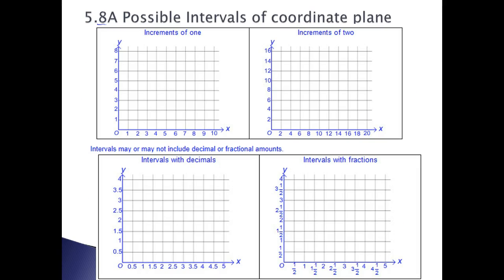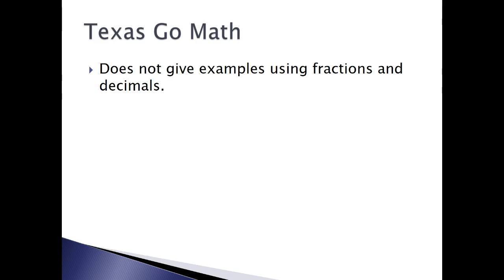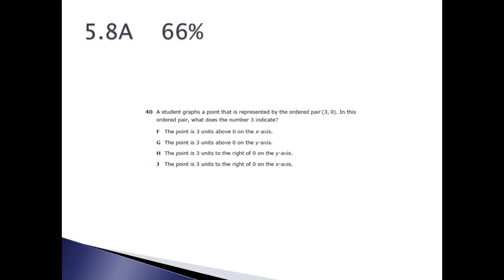Now, 5.8 could be in different increments. It could be increments of 1, 2, or it can be with decimals or with fractions. Now, just to remember, decimals and fractions are not given in Texas Go Math, so you might look at Engaging Math instead. Here's an item from STAR testing that the kids had to use where they described the process,